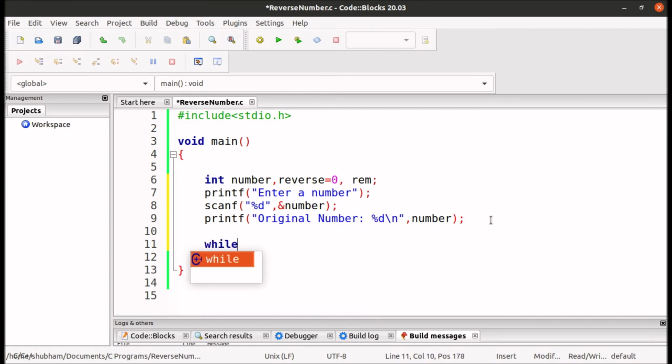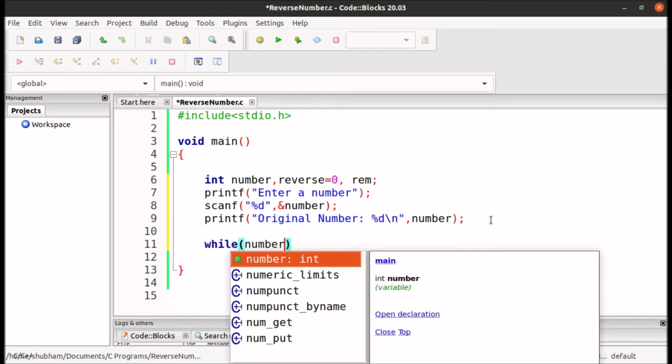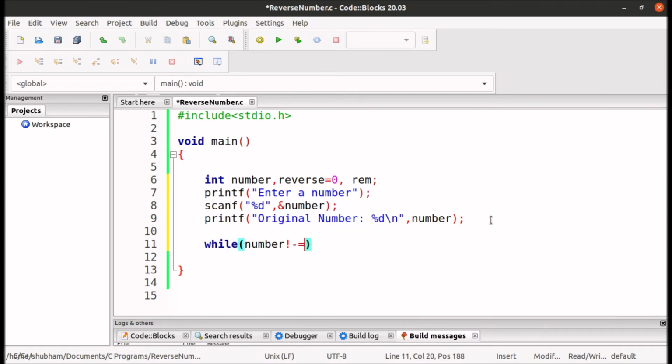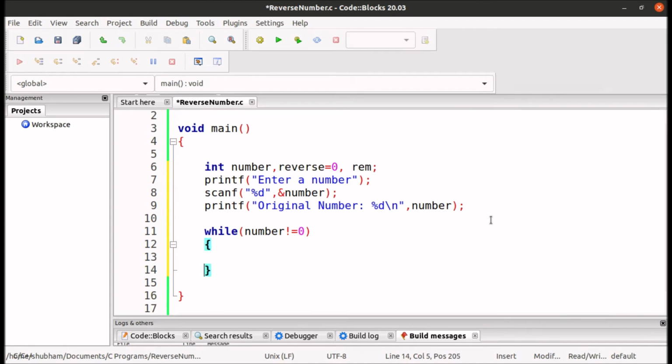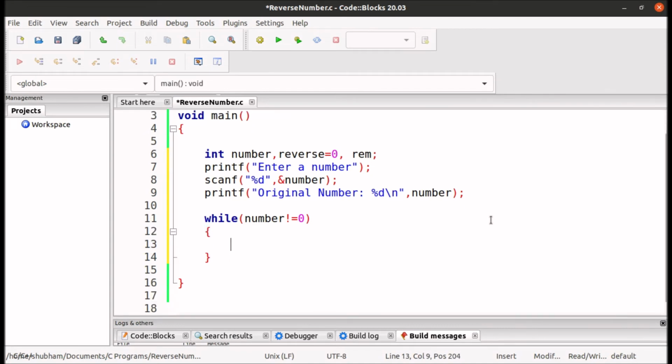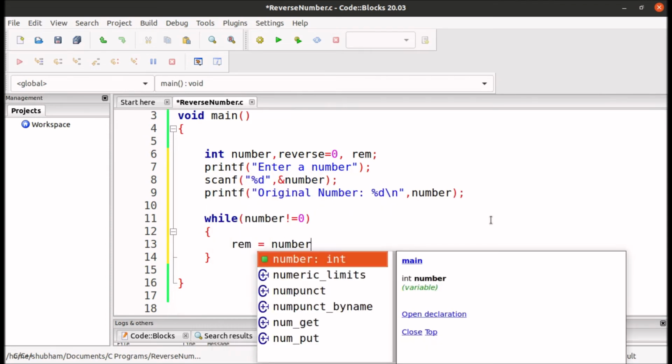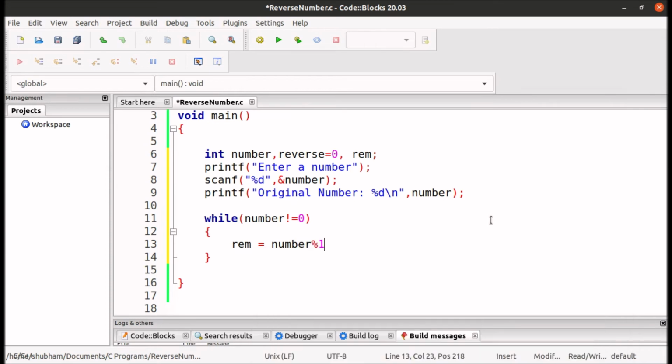Now while number not equal to 0, as discussed, until the value of number becomes 0, we will perform these operations. So first we will calculate the remainder. Remainder is equal to number modulo 10.